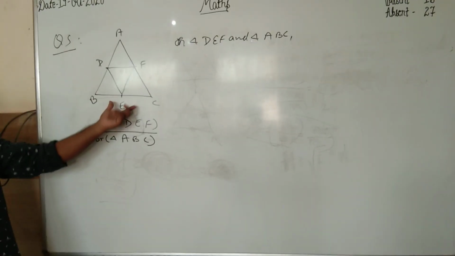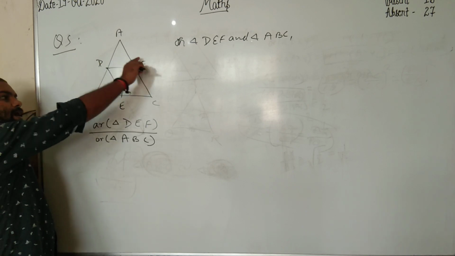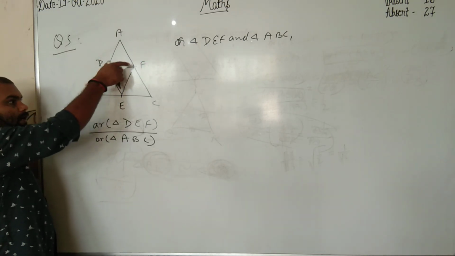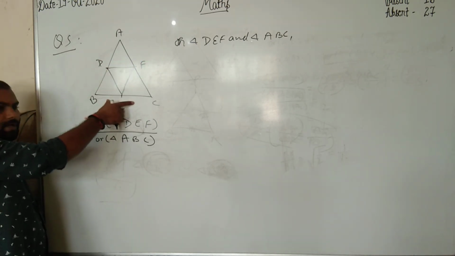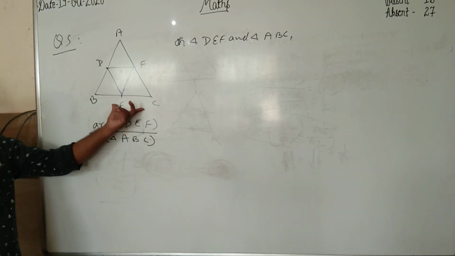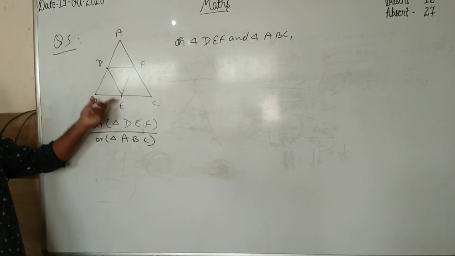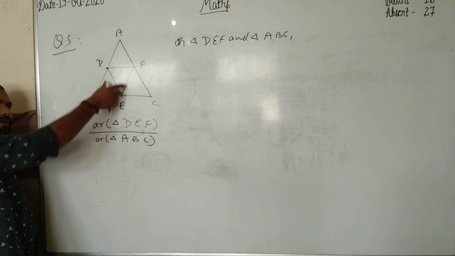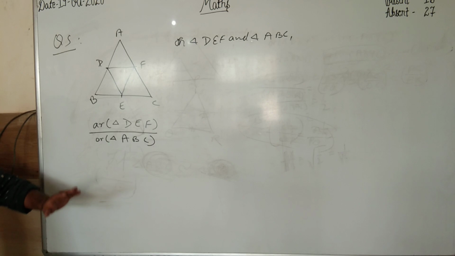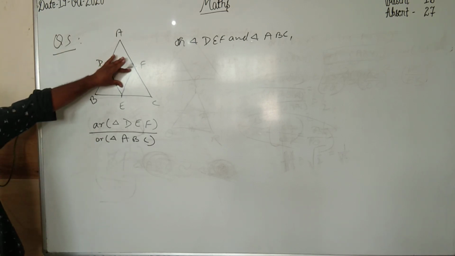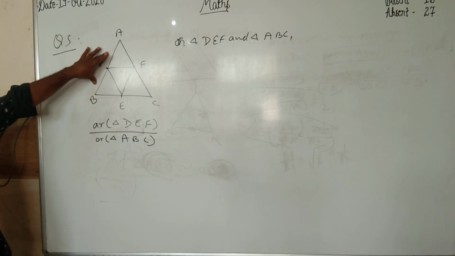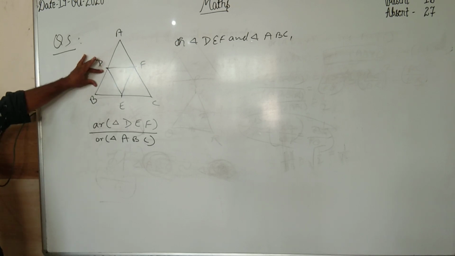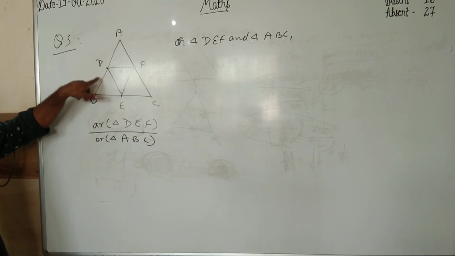Midpoint theorem, na? Very good. D and F are the midpoints. That means DF is parallel to the third side, that is BC, and BE is a part of BC. Means BE is parallel to DF. Clear? Similarly, these two are the midpoints, means this line is parallel to this one, and this line is parallel to this portion. Clear? So opposite sides are parallel.